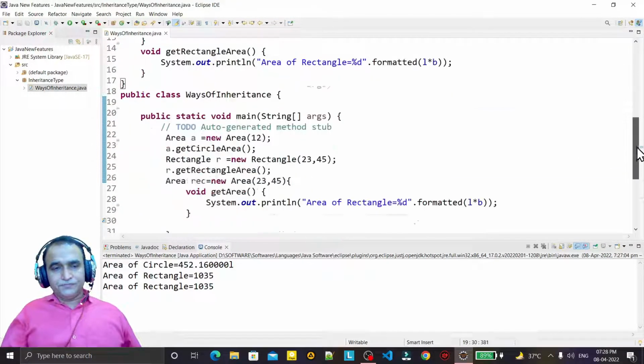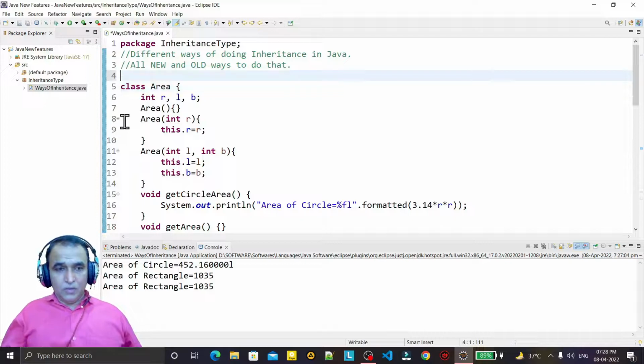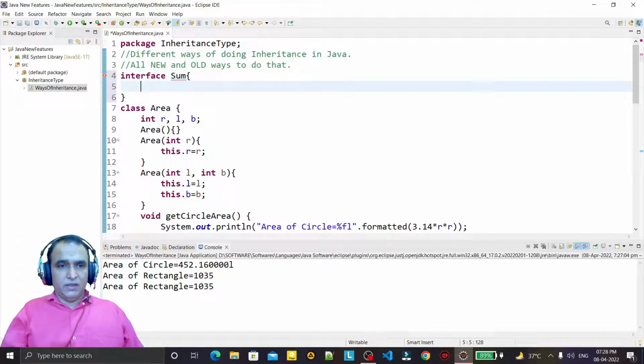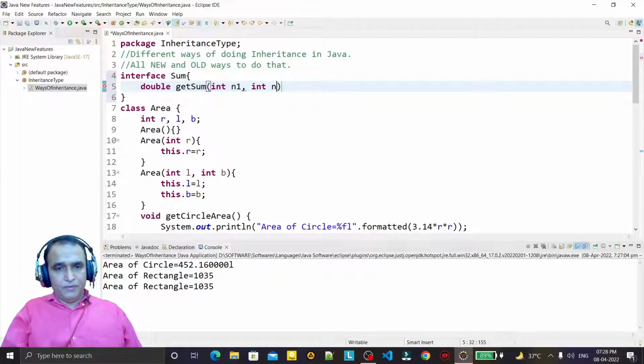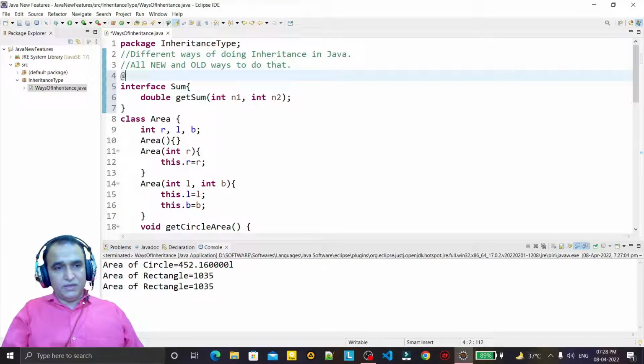Now the last one, by using lambda expressions. So I create one interface, I say interface, and I say Sum, and here I just create a function, I say double getSum, and here I pass int n1, int n2 like this, and we have this function, and I call this interface a functional interface.